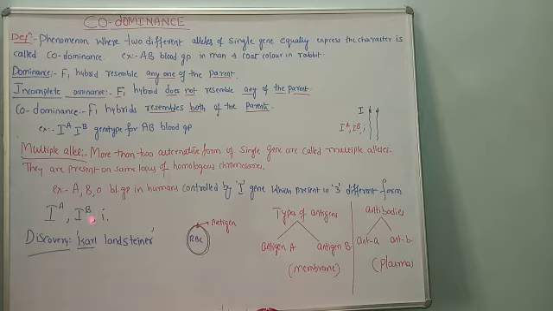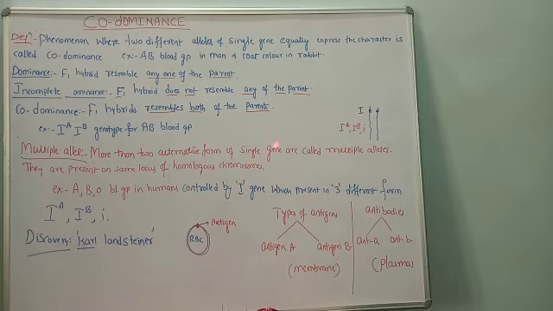So to understand more, there is one more concept, that is multiple allele. So what is multiple allele? Multiple allele can be defined like this: the formation of more than two alternative forms of a single gene is called multiple allele. Usually we know a single gene can have only two possible types of alleles. But there is one more possibility. What is that? A single gene can produce more than two alternative forms.